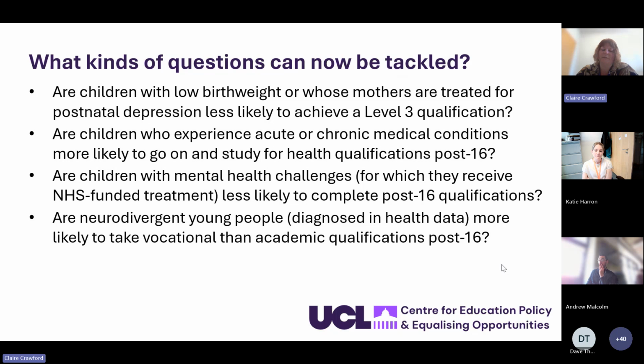So maybe you're interested in understanding the interrelationship between mental health and completing education qualifications. And so the ILR will be really helpful for picking up people who might perhaps have been on a trajectory which isn't taking them through that academic pathway and the school system. Or similarly, maybe you're interested in special educational needs, or perhaps more specifically, people who've been diagnosed with a particular condition through the health data, and whether they choose different pathways to those who are more neurotypical.